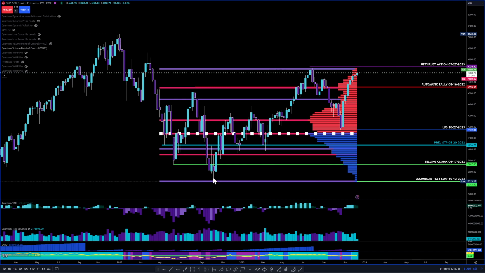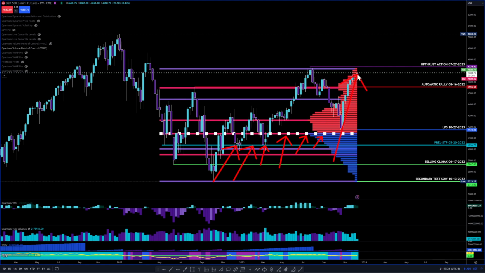We got that support there, the preliminary stop. Let me make sure I use the arrows. So that's the preliminary stop right there. This is the volume point of control, right? So the lowest point of support came back and actually tested just above the volume point of control. So now we're heading up into a low volume zone, a low volume node, where we actually got sellers right there. Initiative sellers came in and took this price back down. Now, if we're looking at this here, we had some major pullbacks in this upward thrust. When we got up here, we got major selling, right?